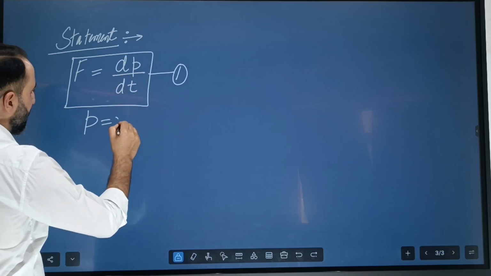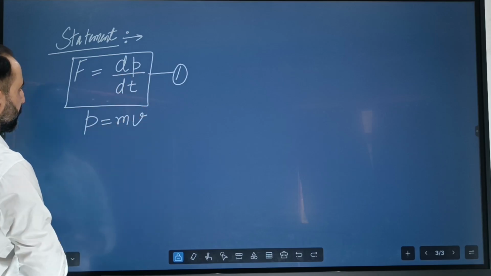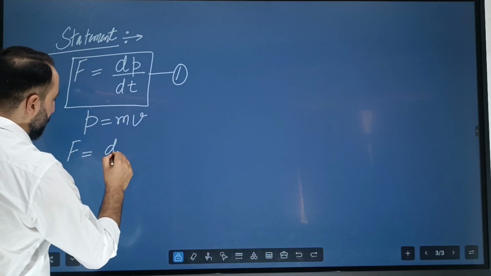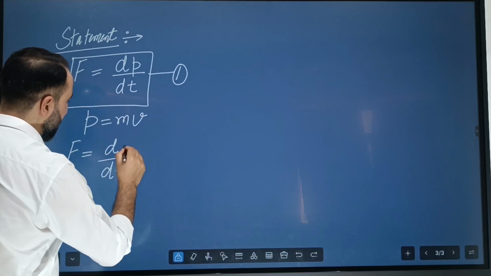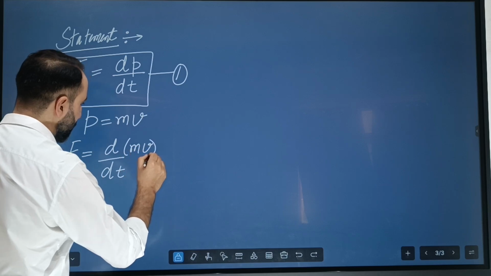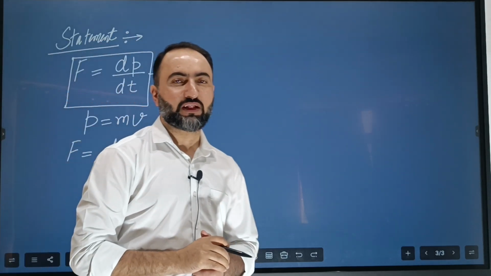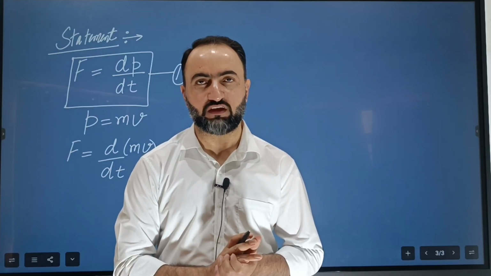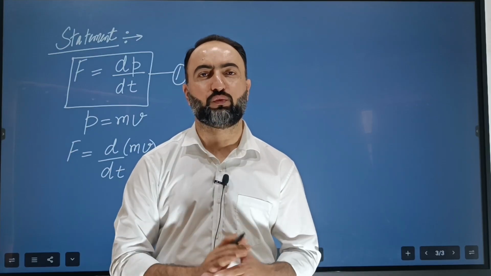This p we can replace it by mass into velocity. Alright, तो देख लो बेटा ये equation क्या बन जाएगी? This is F equals to d by dt of what I will write down is mass into velocity. सही है बेटा? Okay, momentum के बदले मैंने क्या replace किया? Mass into velocity. Now what I can do here is this: I can use UV rule, product rule, in the